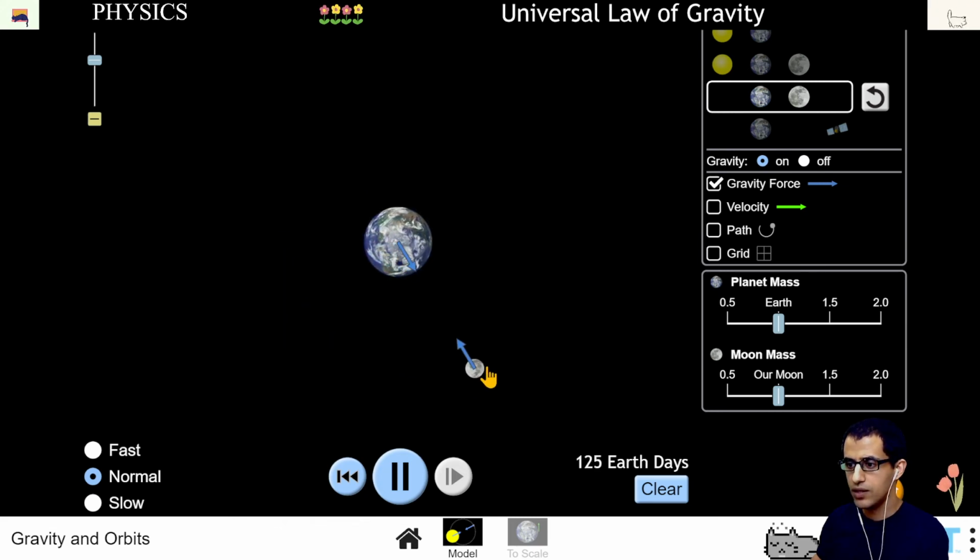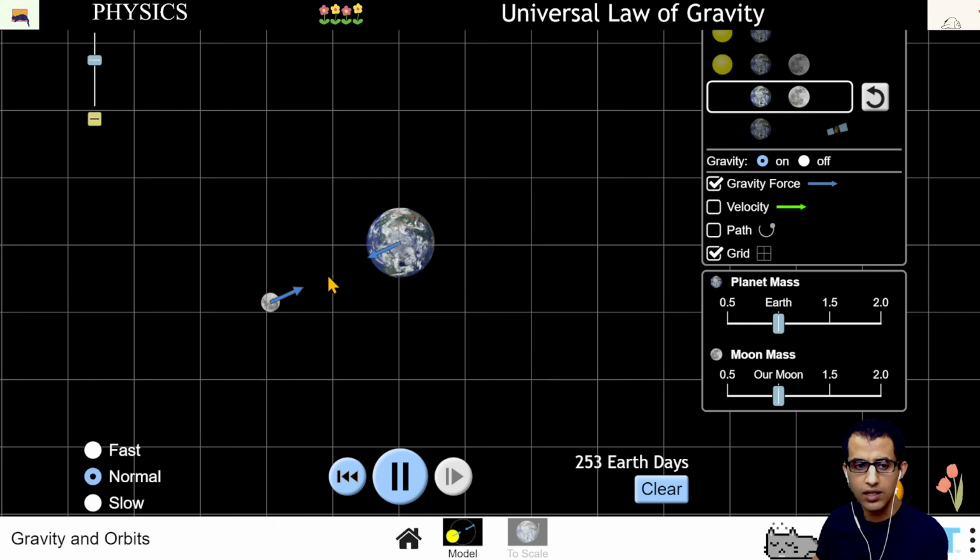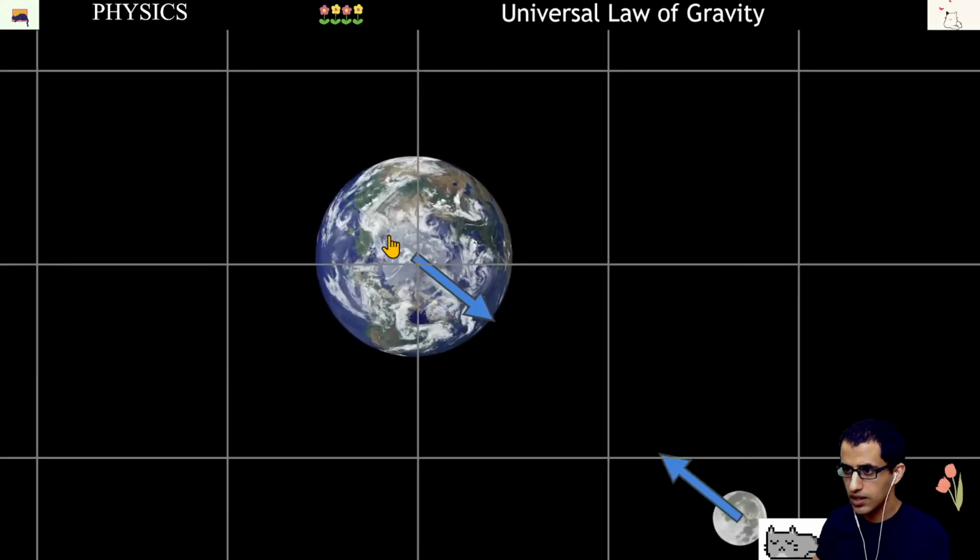So the force on the moon is always perpendicular to its velocity. So that tells us that there's some kind of circular motion going on here. And we should also expect that, just as the moon's accelerating because it's moving in a circular path and there's a net force acting on it, the Earth also has a net force acting on it. So shouldn't the Earth also be accelerating? And actually it is, but because it has such a large mass compared to the moon, it's difficult to see that acceleration. But if I zoom in and show this grid, we should be able to see that even in the simulation,